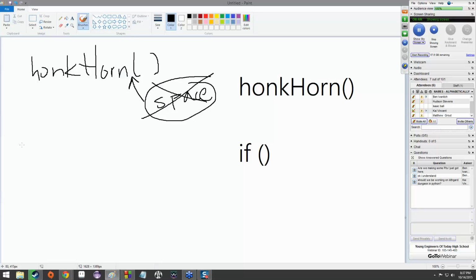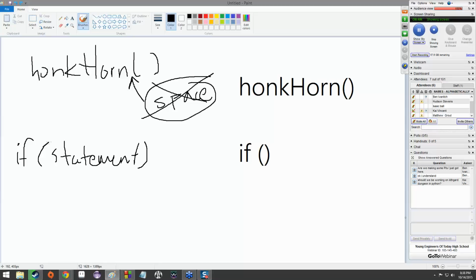Enter control flow statements. Control statements. Most basic of which is the if statement. So, if statement. Notice that statement is in parentheses.